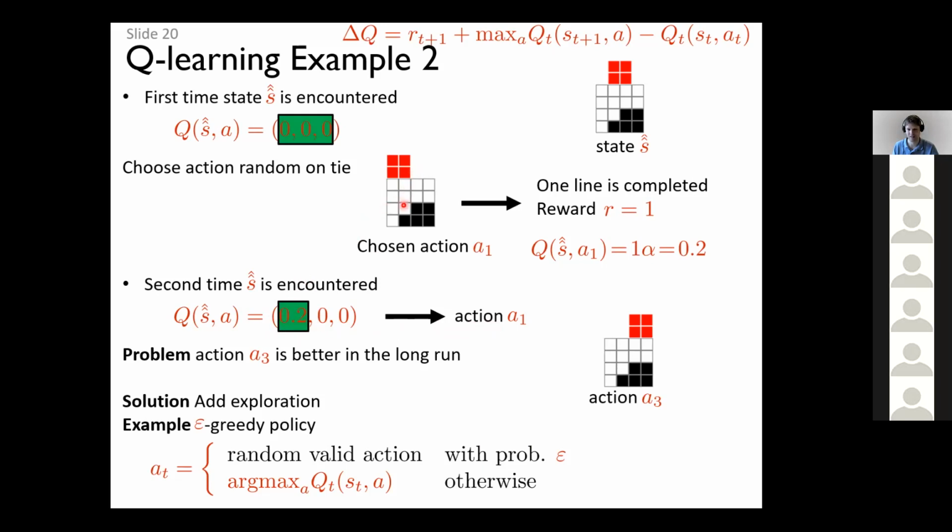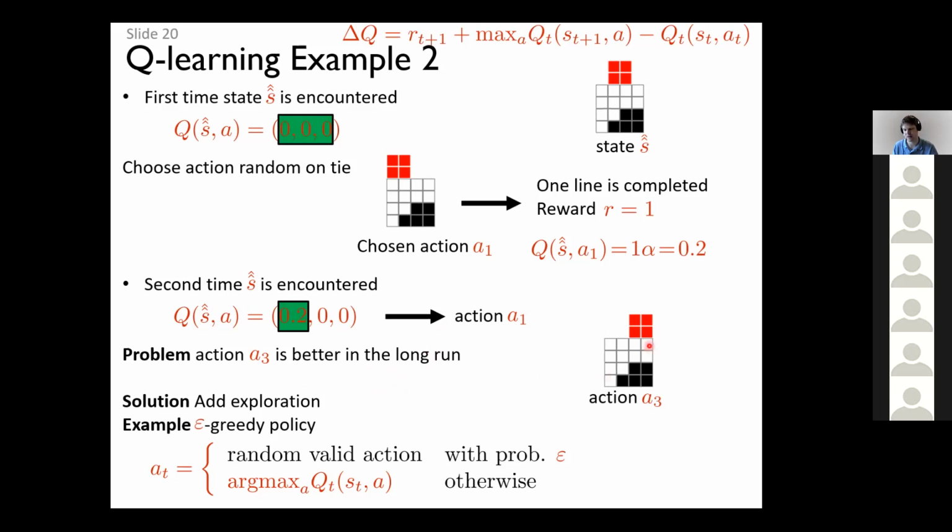This looks good, so we will always get a reward by doing this move, but this is just a short-sighted approach. We just optimize the short-sighted future reward in this way, because